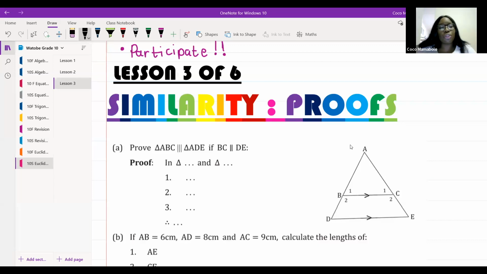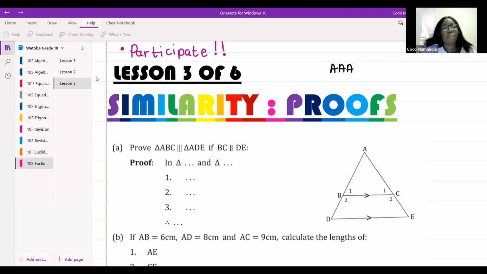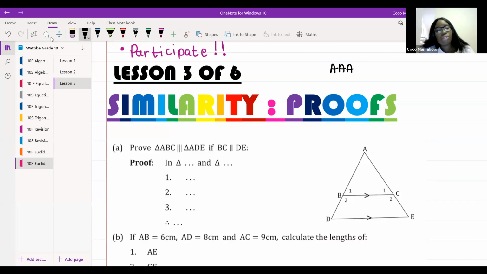Anybody remember the two ways? Good. David's got one of them correct. 100% A. Unfortunately, David, SSS does not count because when you say SSS, what you're actually telling me is that all three sides of each of them are equal. And that's not similarity, that's congruency. So we need to remember that it's either A or sides in only or corresponding sides in